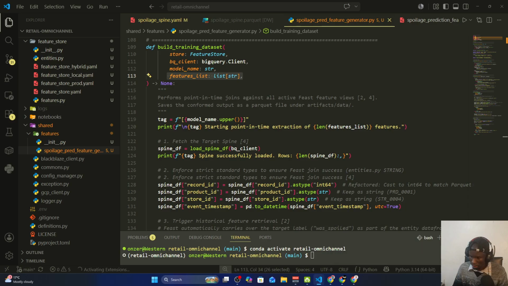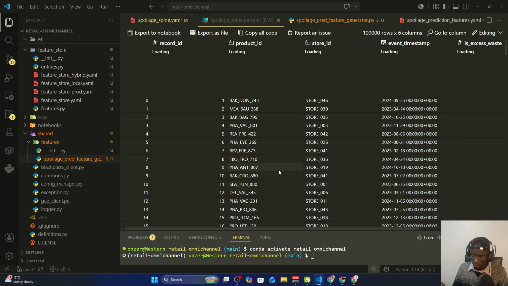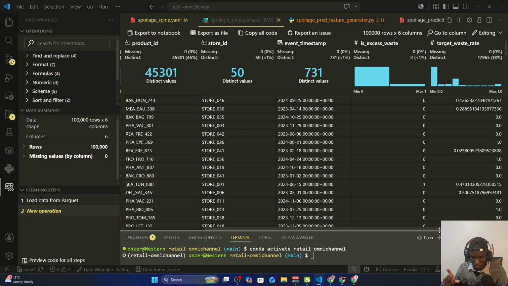So yeah, you can see it loaded 100,000 rows. So you can see this is the entity table. We have the record ID, product ID, store ID. Then we have the event timestamp, which is what the model uses when it comes to doing those point in time merging. Then this is the excess waste. So this is probability, 0 or 1, as you can see. Then this is the regression model that we're also trying to build, target waste rate. So first we do the excess waste